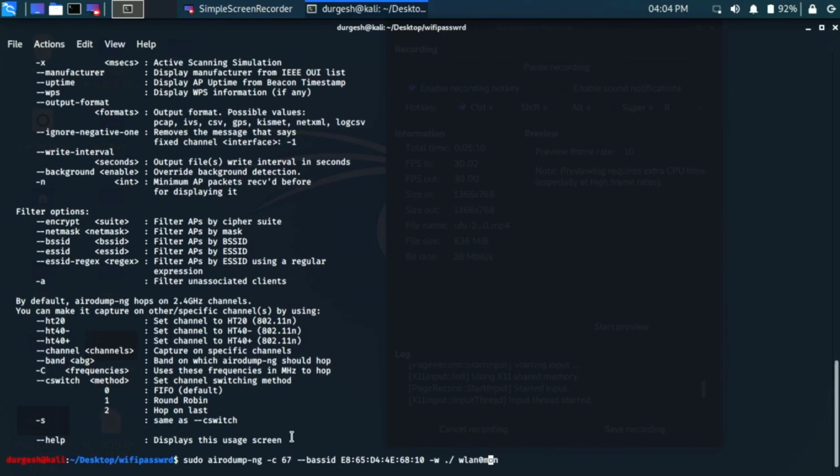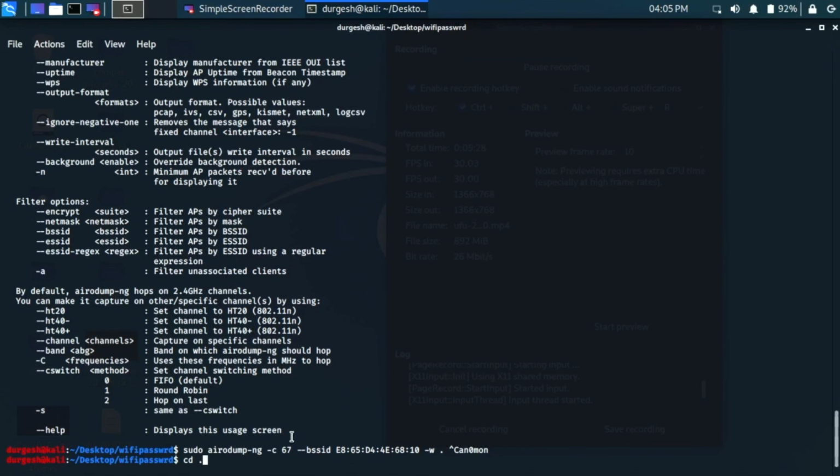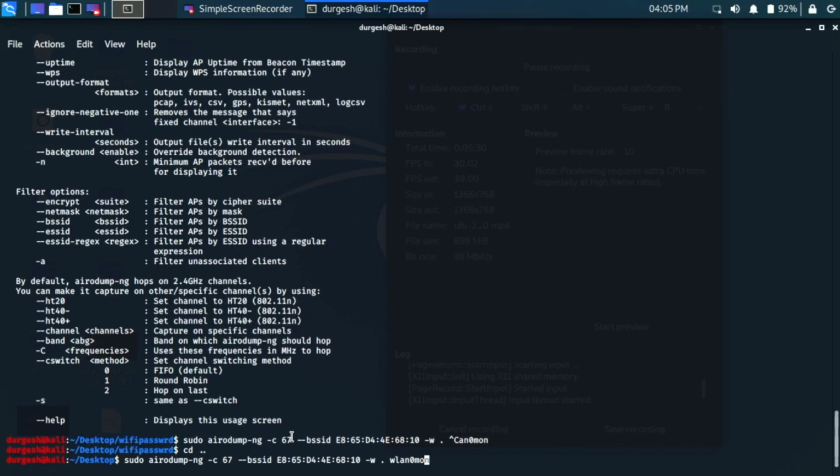airodump-ng --bssid, it's not BSSID, it is --bssid. Let me go to the previous directory, wifi password.